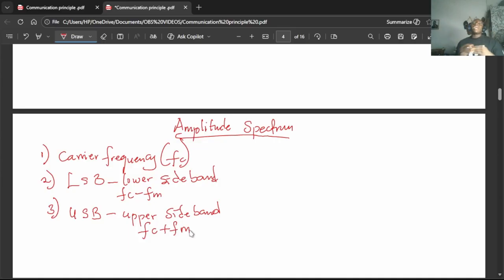You are now going to bring out your LSB and your USB. In essence, both of them are still sideband. Am I communicating? Now, how do you represent this in your amplitude spectrum? When you are asked to draw your amplitude spectrum, they are simply telling you to